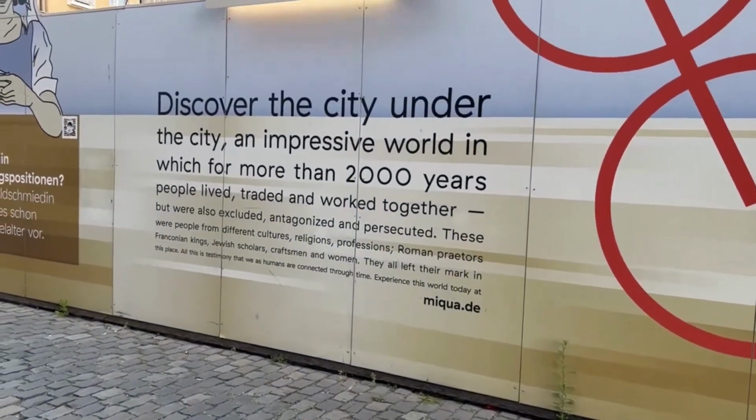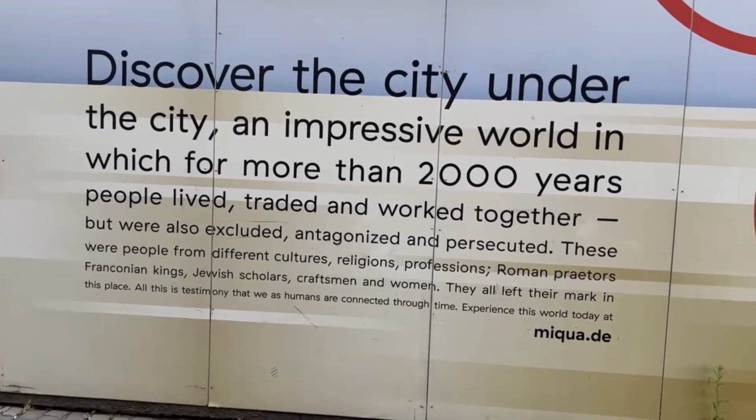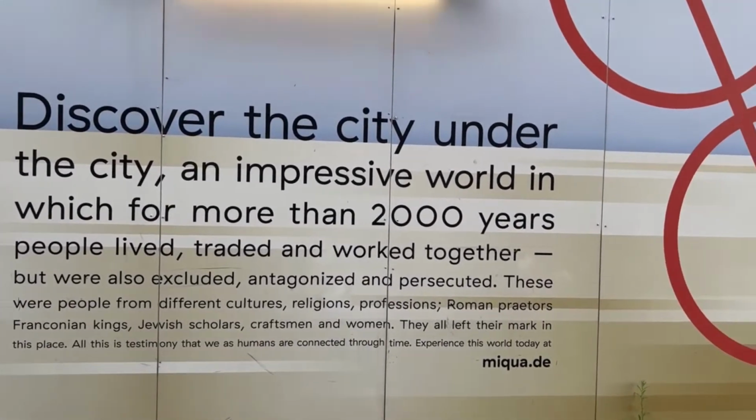Now in medieval time it was not easy for Jewish people because most in the beginning of